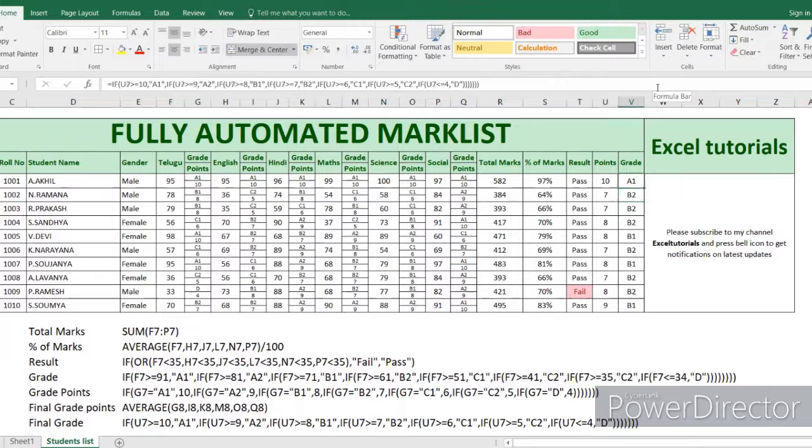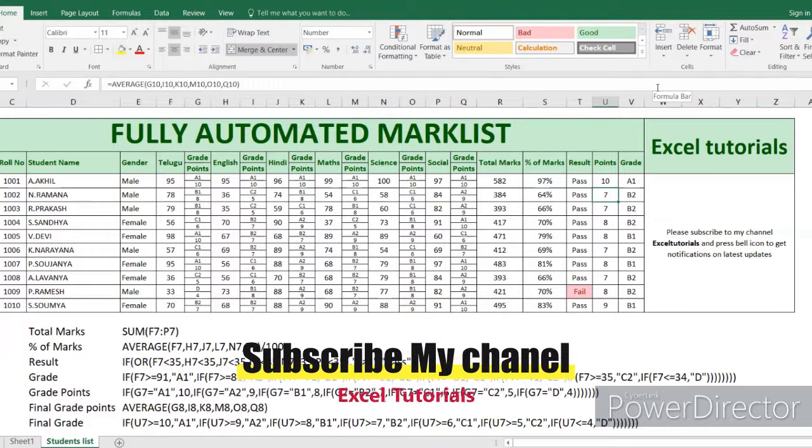Here is the final grade. He scored 10 points. That's why he got A1. He scored 7. That's why he got B2.